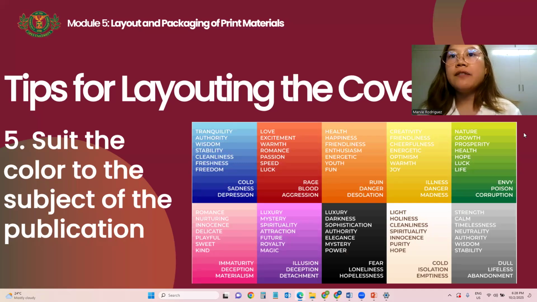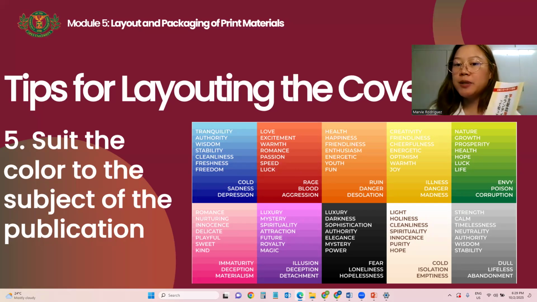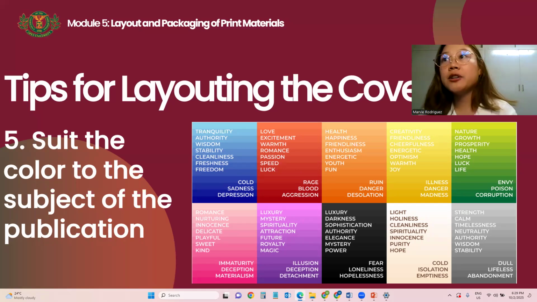So we have here cold, sadness, depression is blue, rage is red, etc. Now, it would be very strange if you want to make a leaflet of a kindergarten using all black. That would be strange. Now, another example that is in the textbook is it's better to use green for environment